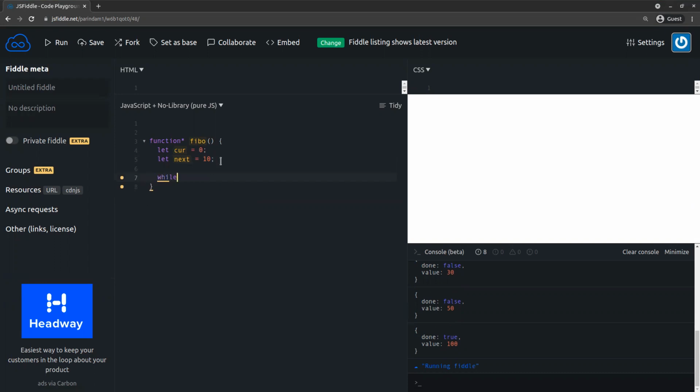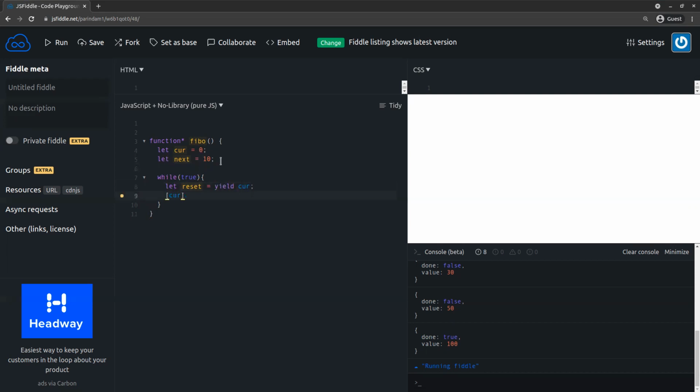So I'm running a loop, while true. I'm creating another variable, let reset equal to yield current.